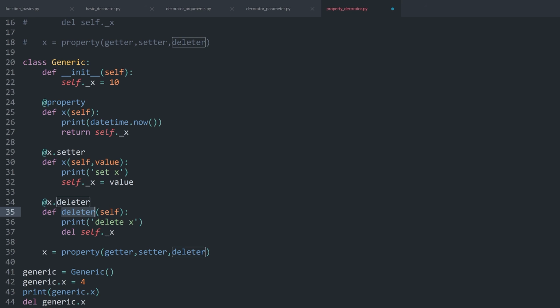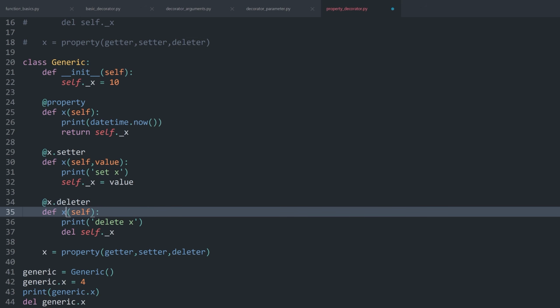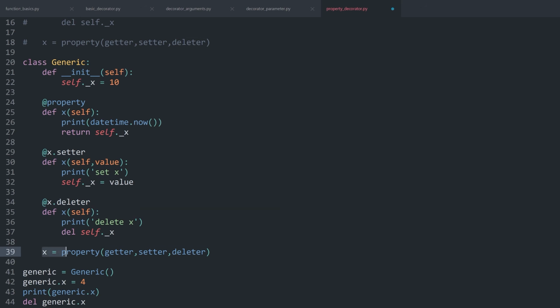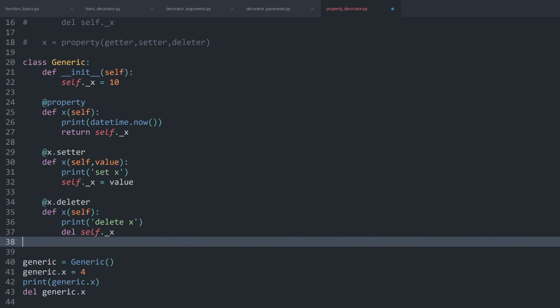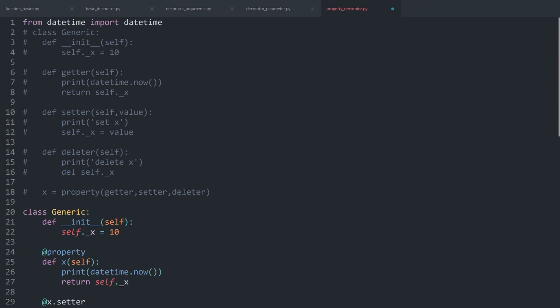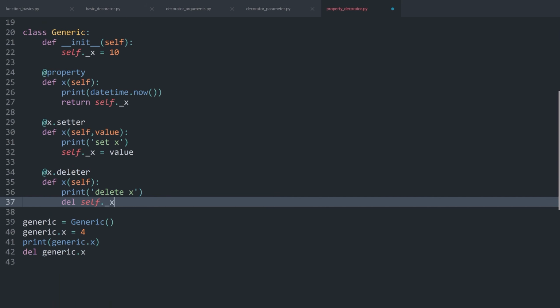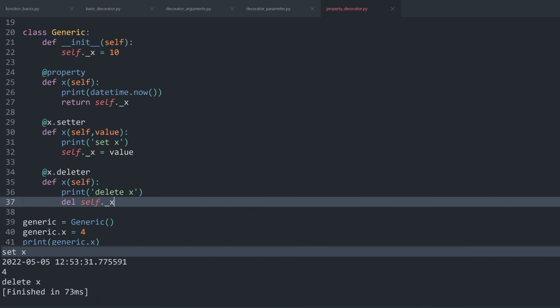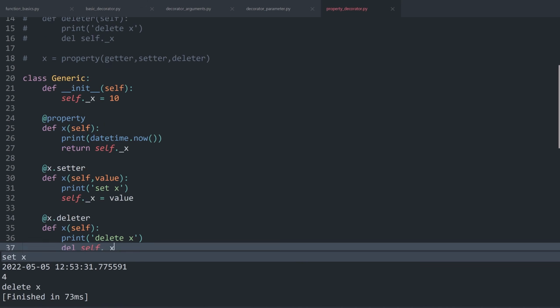And now the name of the method should also be the name of the property. So x in my case. And now once we have that, I can get rid of this property here. And now this code does the same as this code up here. Meaning if I run all of this, we get the exact same result,